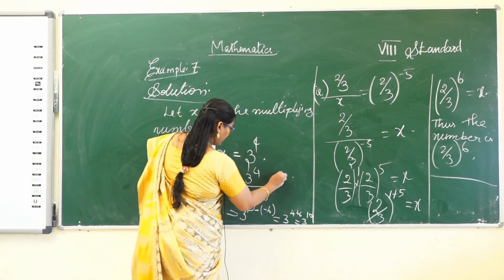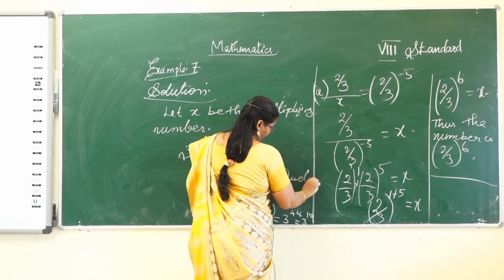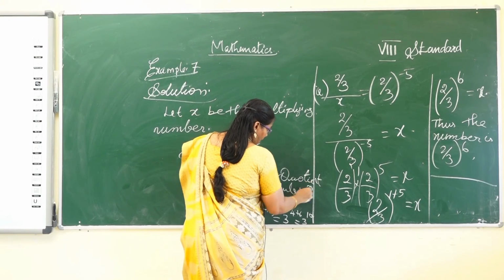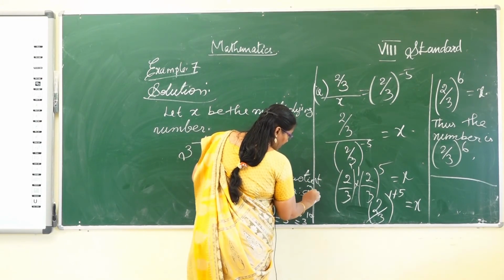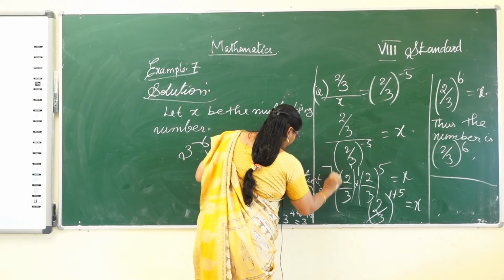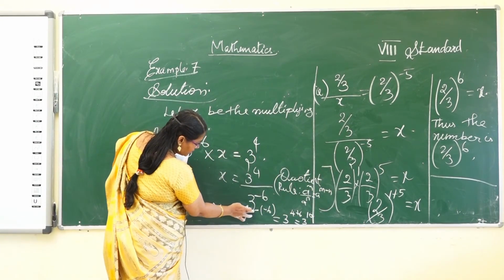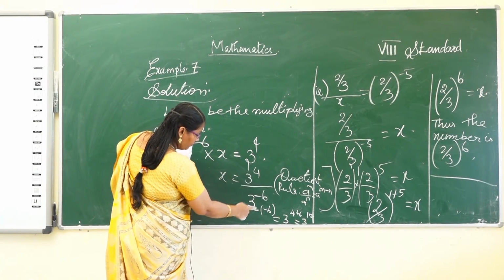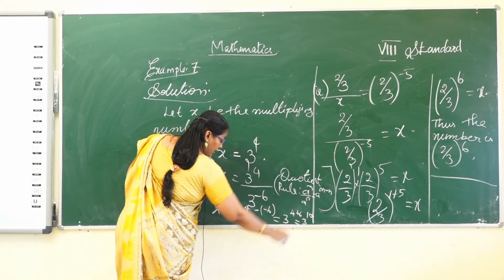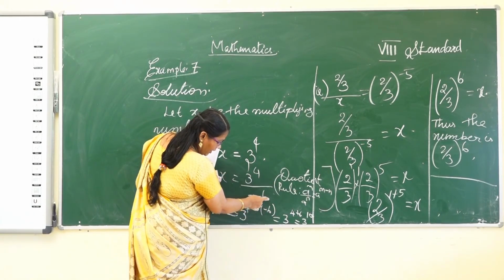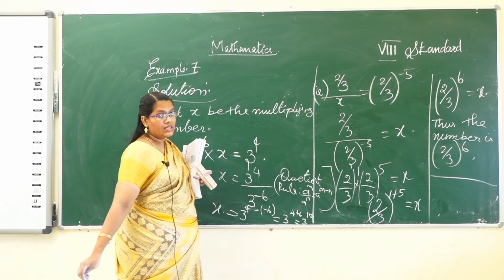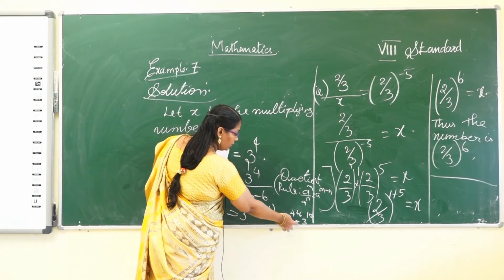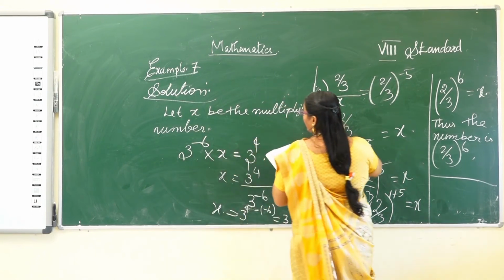In between, write the quotient rule: a power m divided by a power n is equal to a power m minus n. Carefully write it in this place. So 3 power, the m value was 4. The formula already has a minus, and the denominator value already has a minus sign. So minus into minus is plus. 4 plus 6 equals 3 power of 10. And next one.